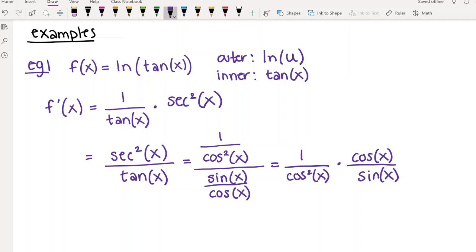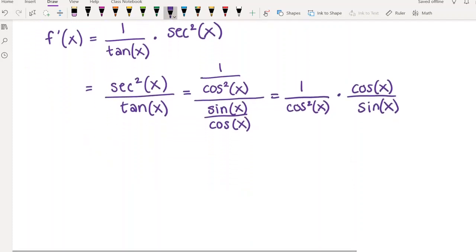Dividing is the same as multiplying by the reciprocal. And so that simplifies: this square is going to go away, and this cosine cancels out. And so we're left with just 1 over cosine of x times sine of x,